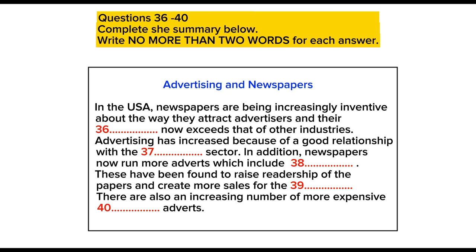Well, they have put a lot of effort into developing and maintaining a very strong association with the retail trade. And they've come up with a winner. A critical tool in their sales plan has been suggesting that the adverts they run can have vouchers. This has been enormously effective because they have found that not only do more people buy the paper to get the discounts, but also that this inevitably means much higher sales for the clients who advertised. As well as doing this, the newspapers have also introduced aggressive sales campaigns over the last few years. This has resulted in a significant and continuing rise in the number of advertisers prepared to pay the extra for full-page ads. So, what I would like to move on to...